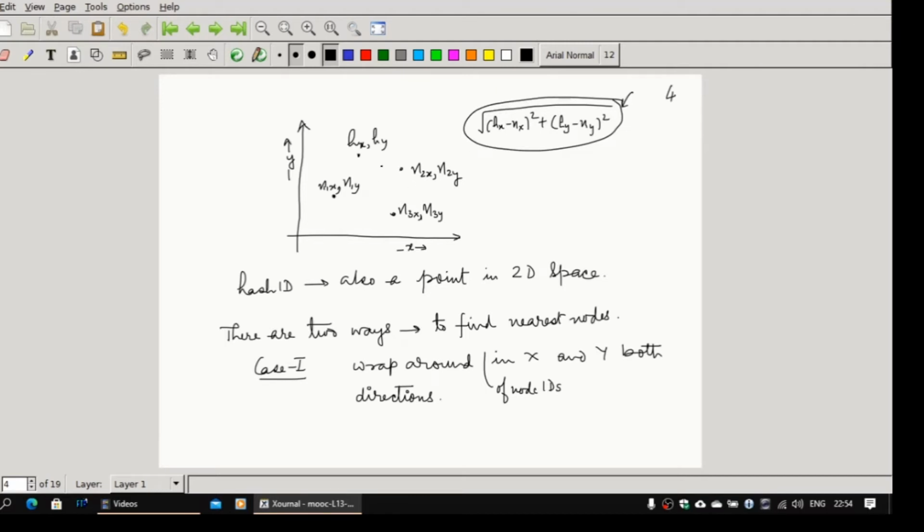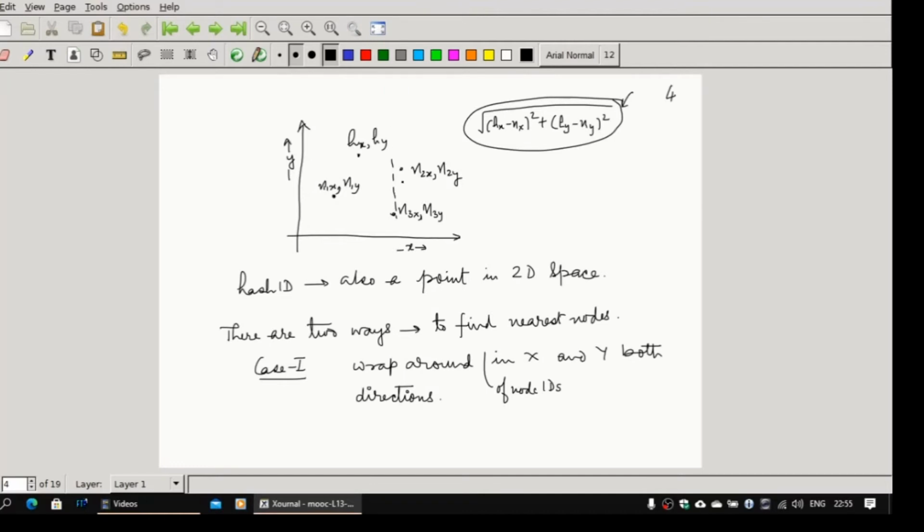So I can minimize this distance and find the node such that this happens, and that will become the root node. The second possibility is I can take precedence of one axis over the other. So first of all, find out who is going to be closest to Hx. For example, in this case, if I am looking in the X direction, the closest can be this, if I am not using a cyclic distance, the way it happens in Chord, where there is a fold over of the dimension. If I am looking in only one direction, this one is probably closest because this is closer than this node. So you first hand over to this, and this node will now look in this dimension for who is the closest to Hy.